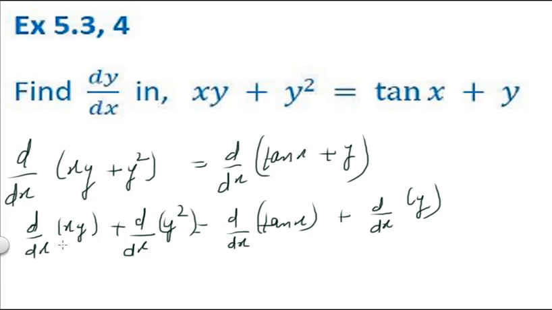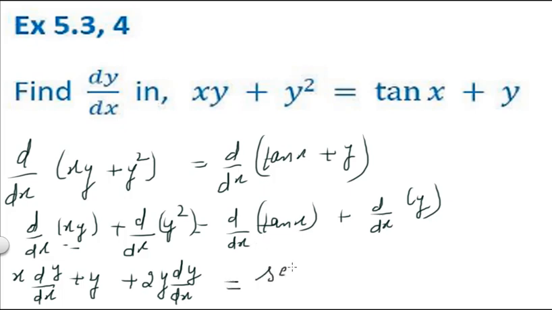Solving it, as you can see, here are two functions, so we will use the product rule. First function as it is, differentiation of second function, plus second function as it is, and dy by dx of x will be 1 itself. Plus dy by dx of y square. First of all we will apply the power rule, that will be 2y, and then we will do it for y. On the right, 10x, you know the differentiation is secant square x, plus dy by dx.